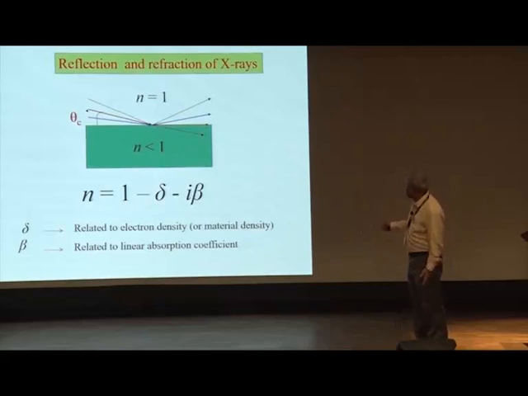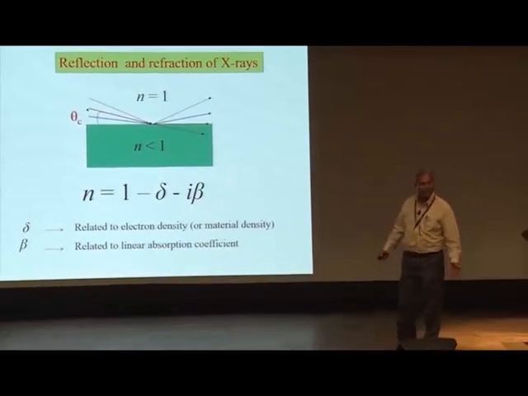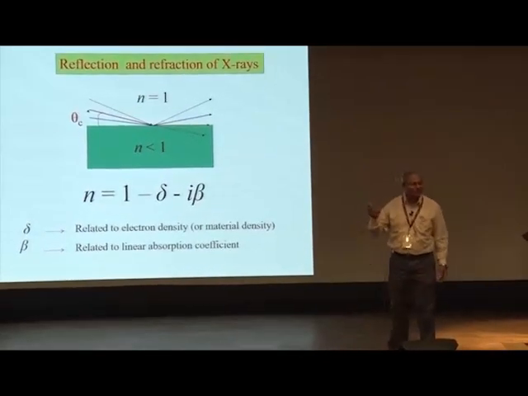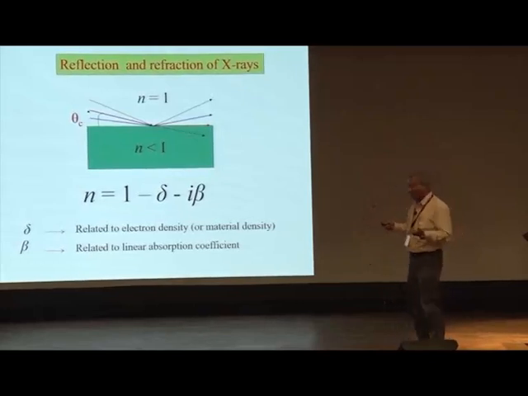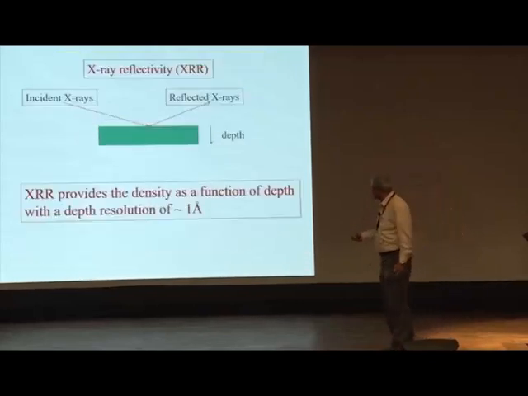The refractive index is written as 1 minus delta, plus an imaginary part. The real part is the refractive index decrement, and the imaginary part takes care of the absorption. This delta is actually very small, of the order of 10 to the power minus 5 or 10 to the power minus 6. It's a very small deviation, but that is very important. That's what allows us to do many different things.